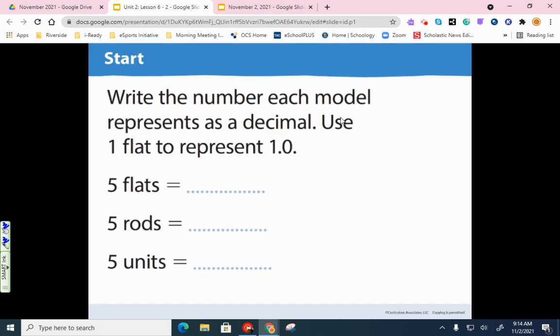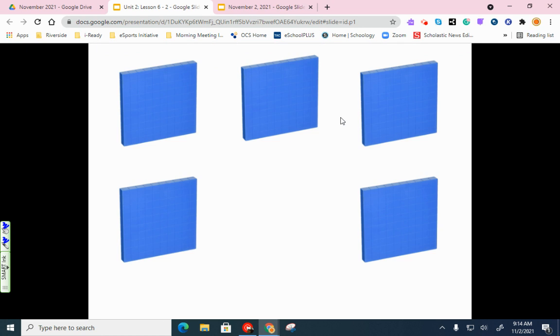All right, so once it's to write the number each model represents as a decimal, one flat is going to represent the value of one. So what they mean by that is normally you've been taught that these things called flats have 100 squares on them, 100 cubes, and those are a value of 100. But they can be used to kind of teach decimal place value. So decimals are basically taking a whole number and then breaking up into small little pieces. So each of these is going to be worth